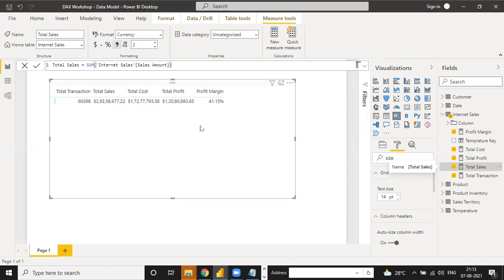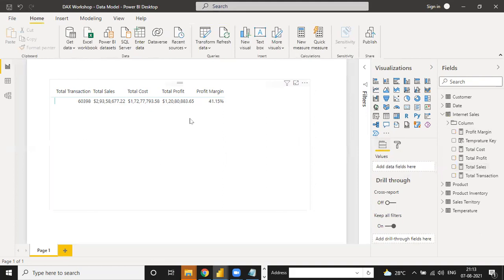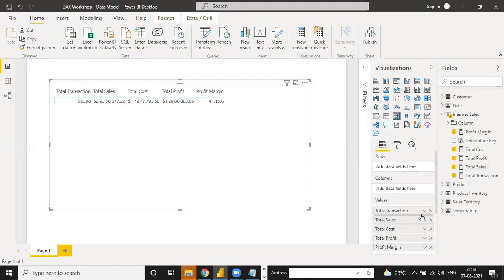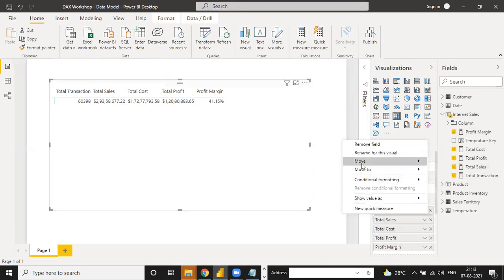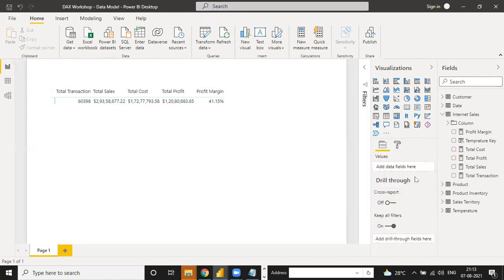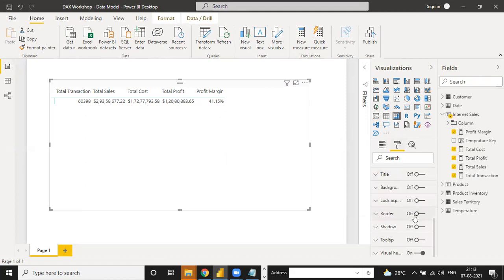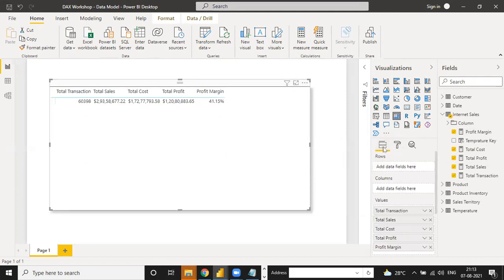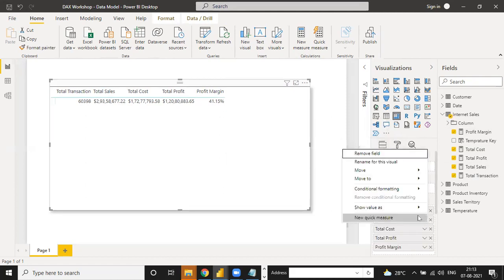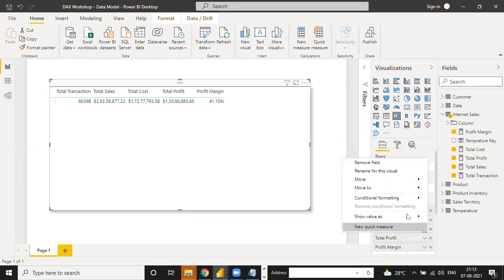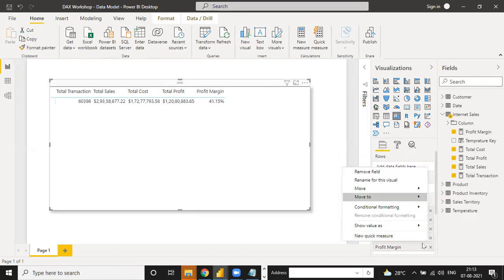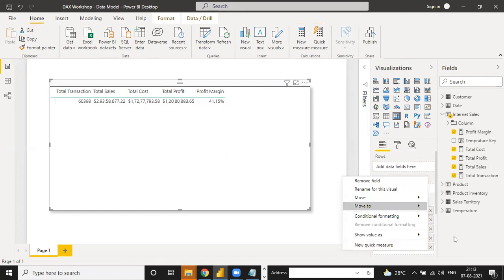Now, what is the impact of creating this kind of measure, an explicit measure? See, all these things are explicit. When you click there, it is an explicit measure. Under sales also, put in border and shadow. Total sales is explicit, total cost is explicit, total profit is also, and profit margin is also.